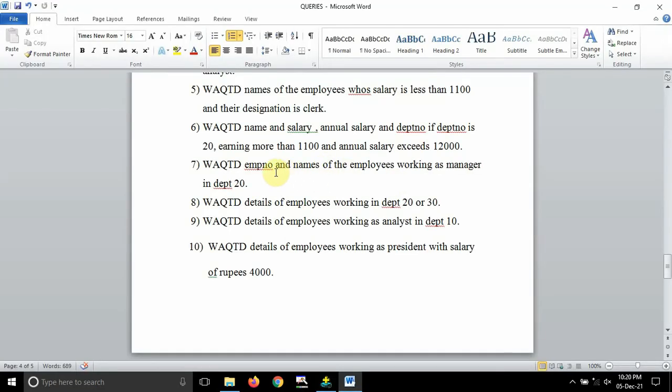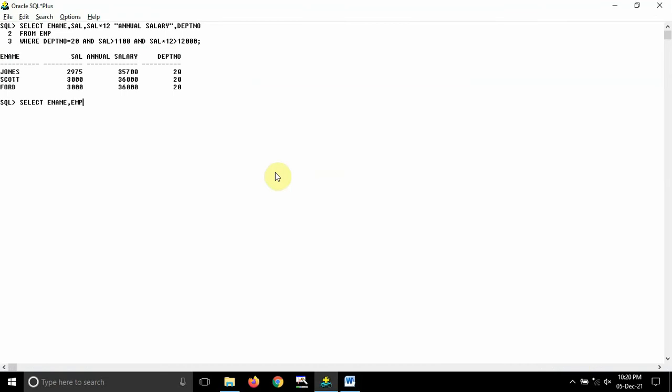So employee number and employee name I will be selecting from the EMP table